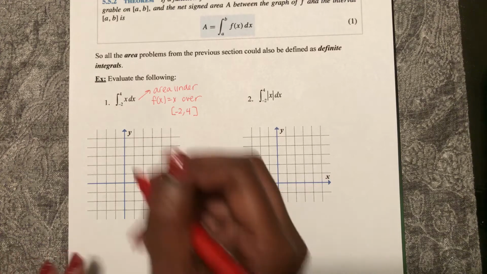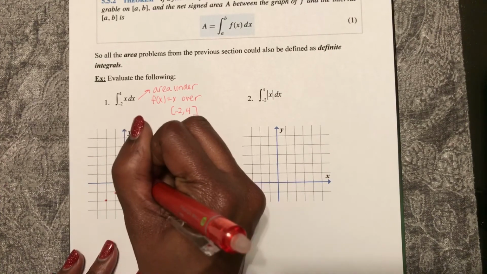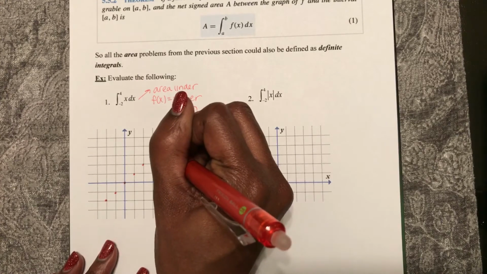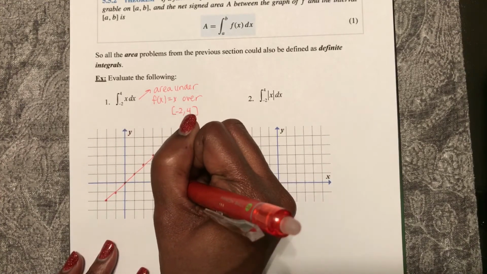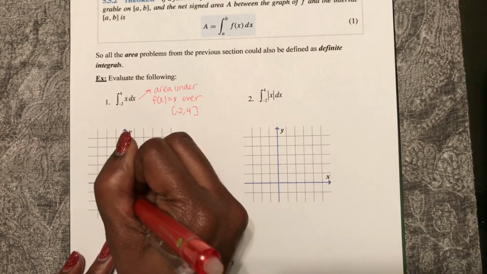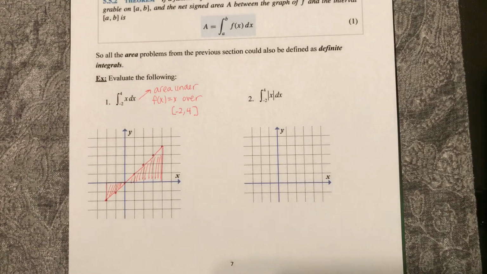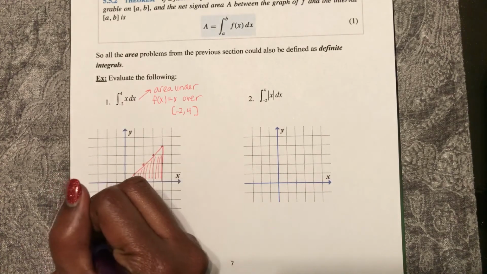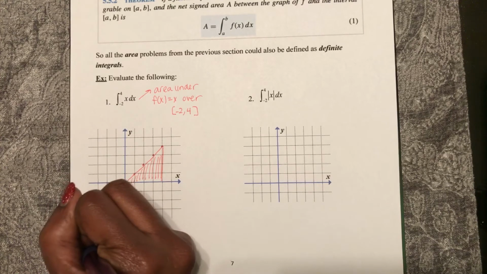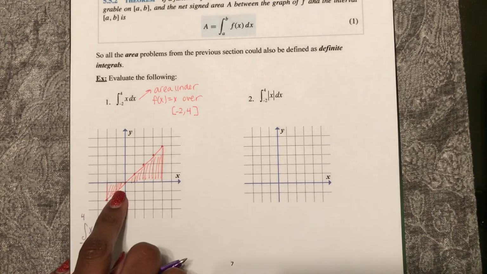So what does x look like from -2 to 4? It starts here. 1, 2, 3, 4. So we are looking for this area, net area, under the curve. So just by drawing this, I can see that my answer will be positive. So this negative area, so the integral from -2 to 4 of x dx equals this area, which is